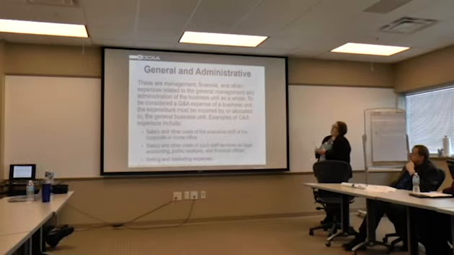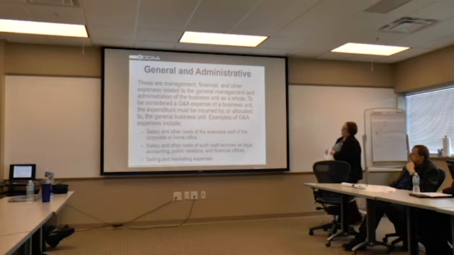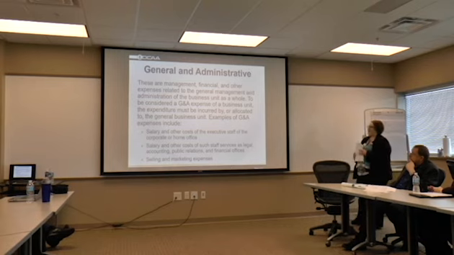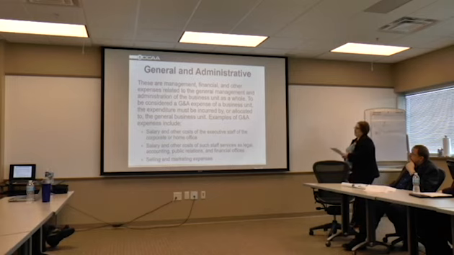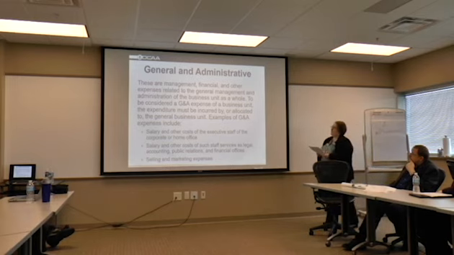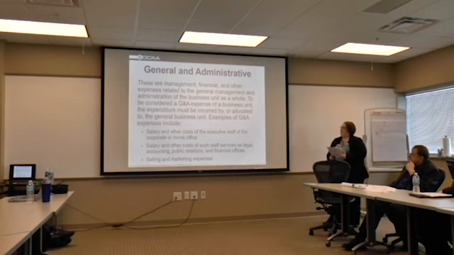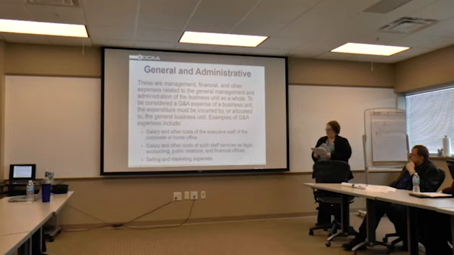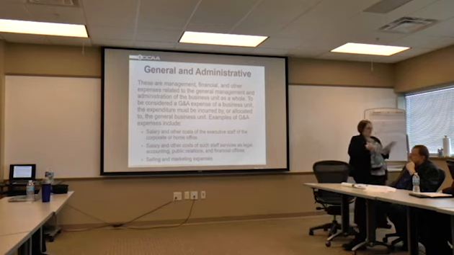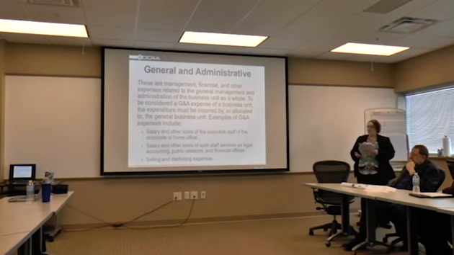So these are general administrative costs. These are management, finance, and other expenses related to the general management and administration of the business unit as a whole. To be considered a G&A expense of a business unit, expenditures must be incurred by, allocated to the general business unit. So examples of these would be salaries and other costs of executive staff of the corporate or the home office,